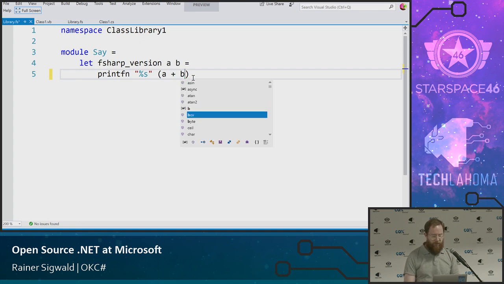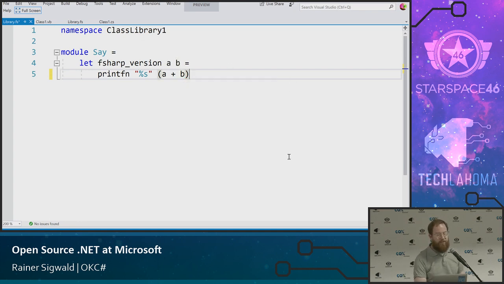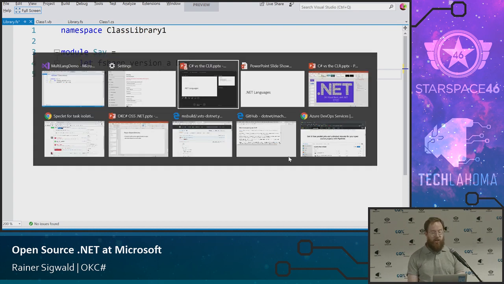I didn't finish before I started the presentation. Here's the same code in F#. This is a more functional language. It looks a little different, but it produces very similar code. And a big advantage of